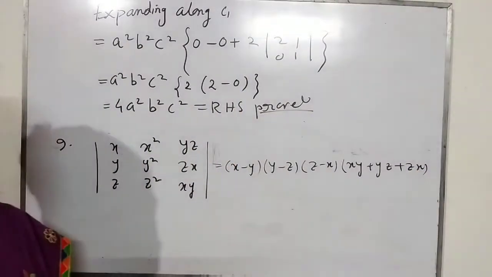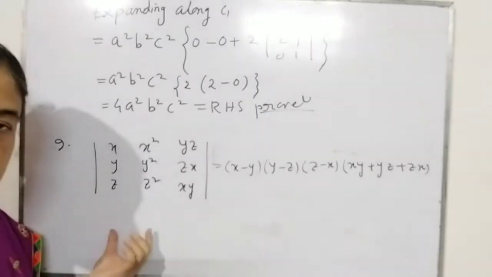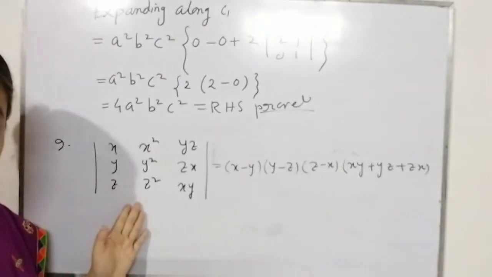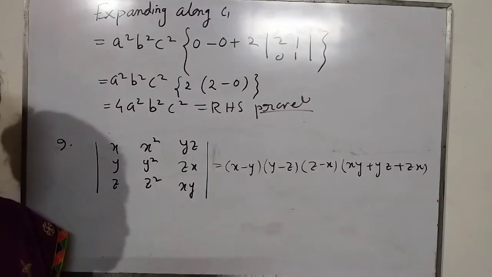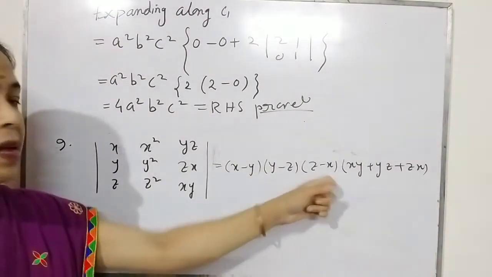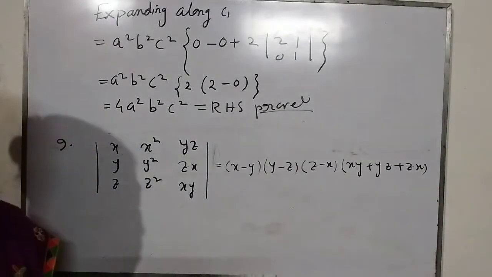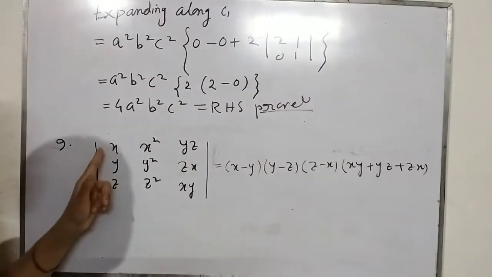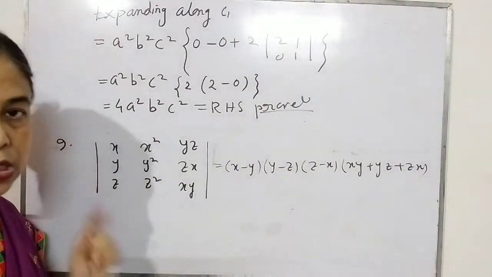So what we have to do? First you have to proceed from the left side. Now see one by one, can you apply the first property? That will not help you. Interchanging will not help you. No element is common. Okay, not identical. So I have to proceed to the sixth property, that is, you subtract. You see your right hand side, you need x minus y, y minus z, z minus x. Then if I subtract row 1 minus row 2, it is possible for us to get x1 minus x2. So I am using row 1 replaced by row 1 minus row 2, and again I will replace row 2 by row 2 minus row 3.